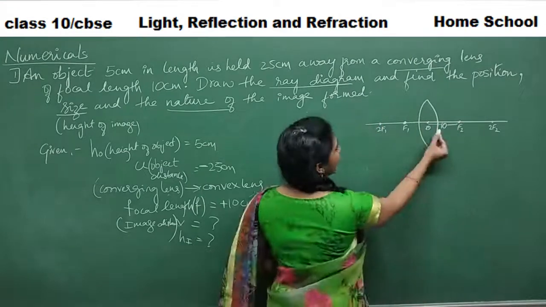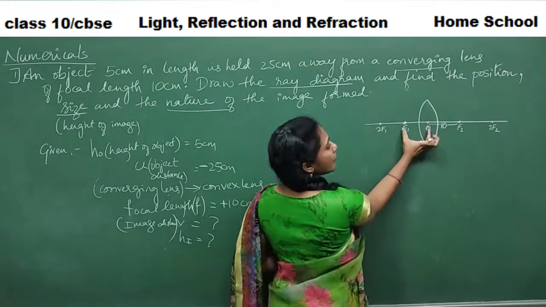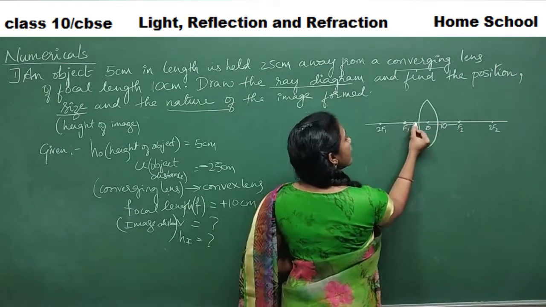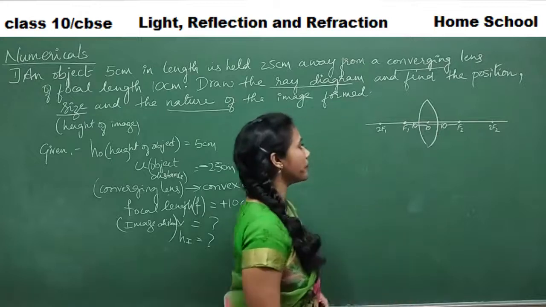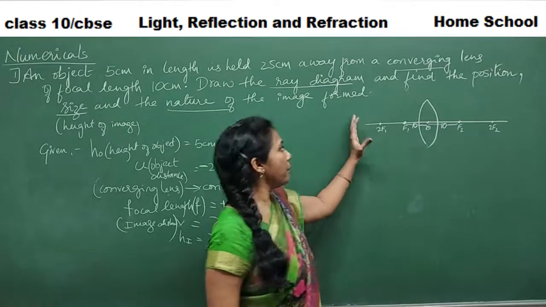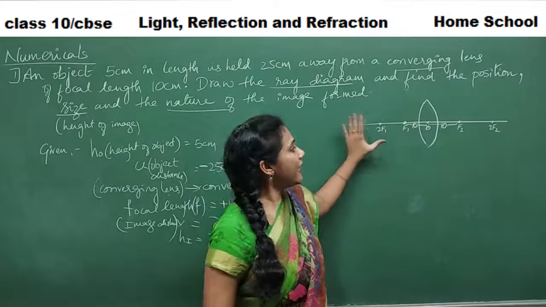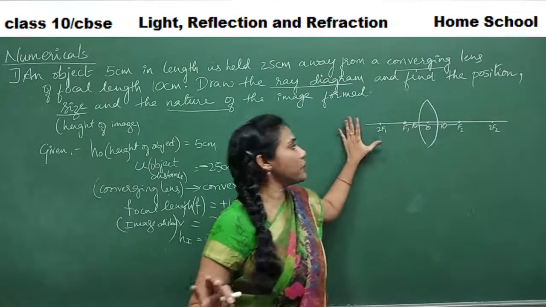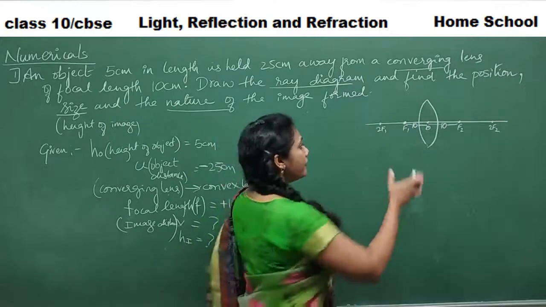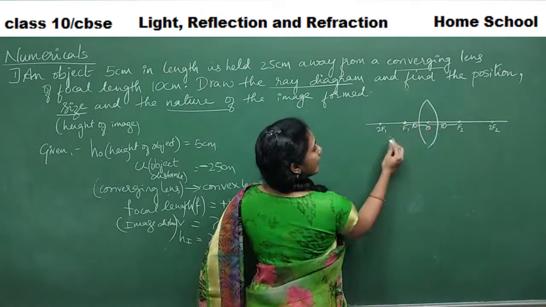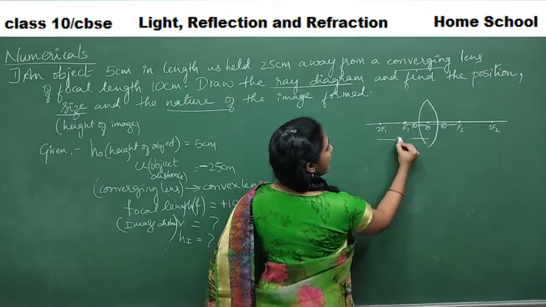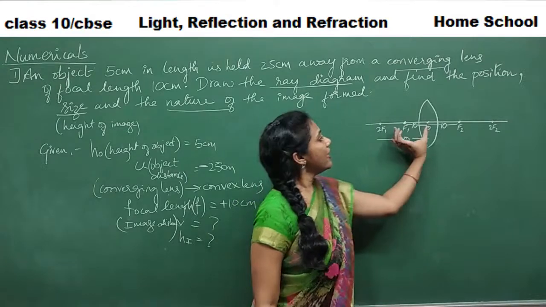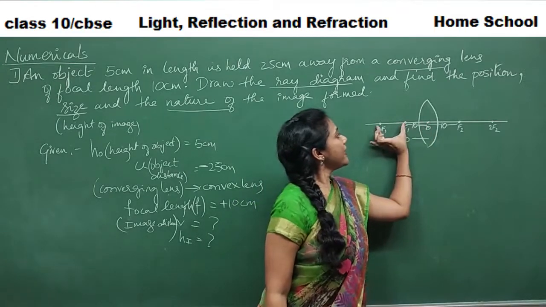Right, and this side also is a focal length. Whatever distance you have this side, you will have the same distance that side also. So this side also 10 centimeter only. So where do you keep your object? Obviously this side, right? Left side of a lens will have an object, not this side. You keep your object this side. See, if this distance is 10 centimeter, tell me what about this distance? That will be 20 centimeter, right?